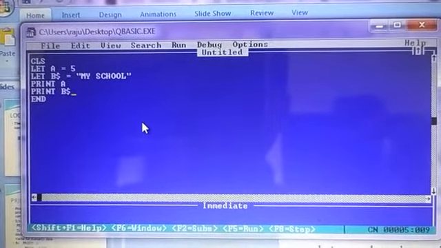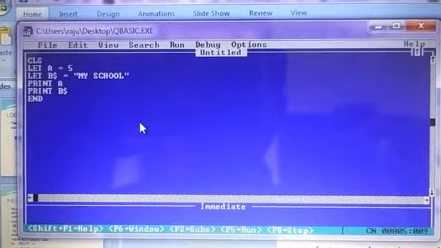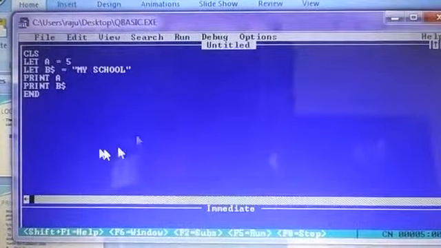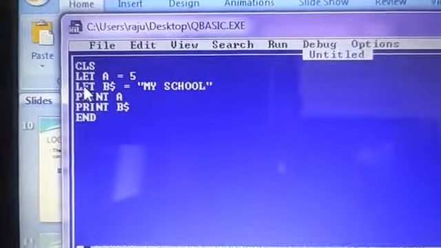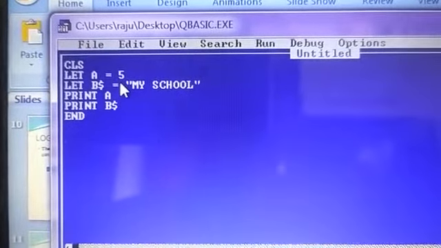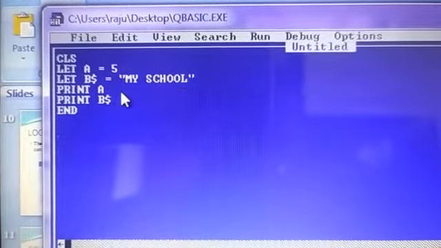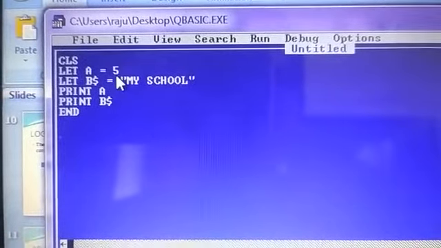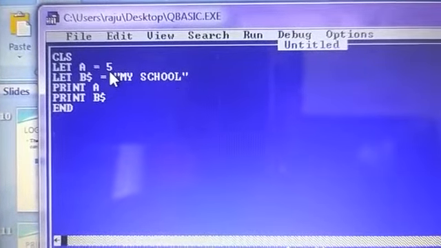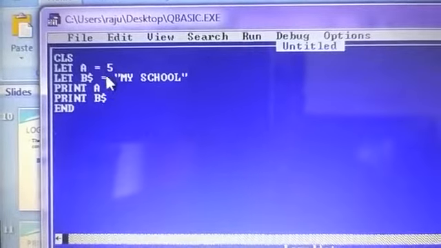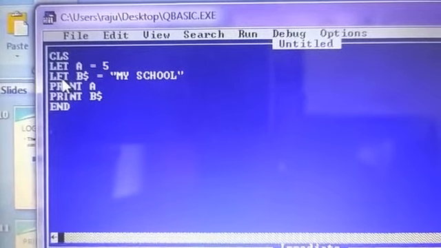Now I will show you one more program, how to print variables and how to print expressions. Here I have written the program: CLS, let A equals 5. Here A is a variable and it contains numeric data, so we will not use double quotes, as I explained in the PPT presentation. Then I have taken the second variable, let B$.